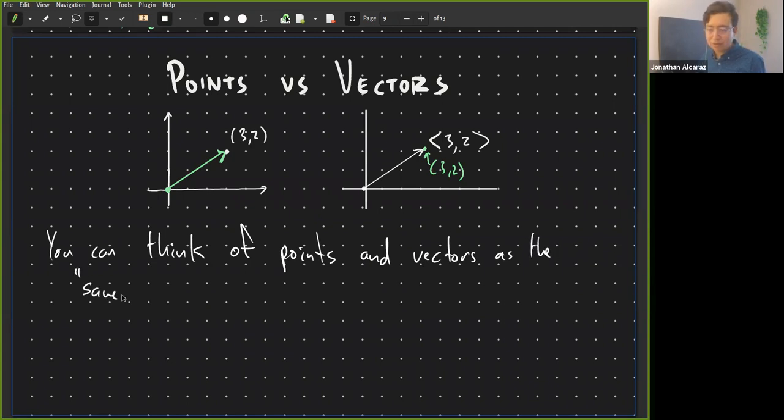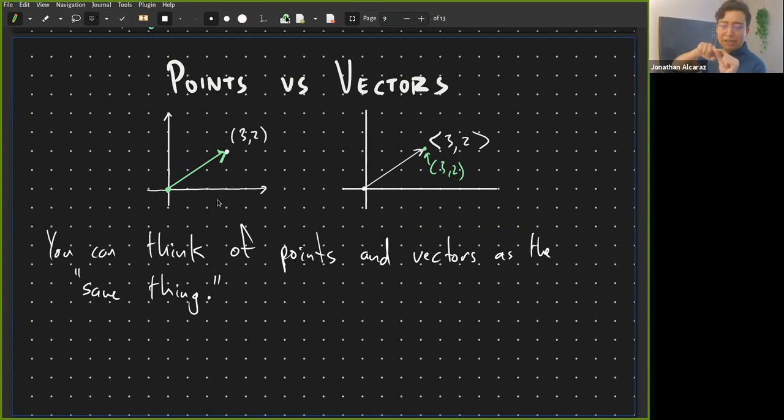I'll put that in quotes. Basically, because algebraically this makes a lot of sense, because they're both just pairs of numbers. And in the textbook, it's the exact same notation, a point and a vector. Same notation, right? But what I'm trying to illustrate with my picture here is